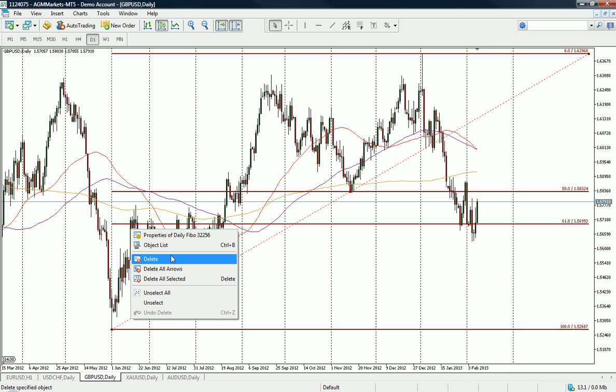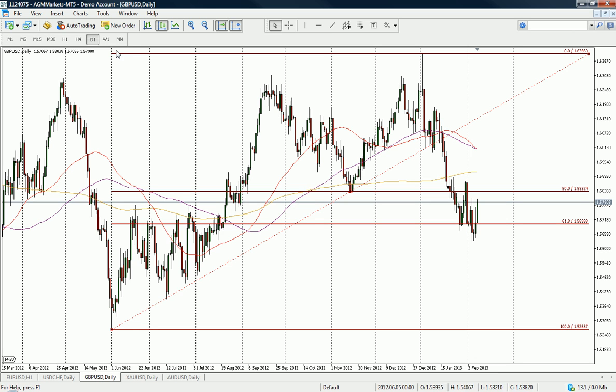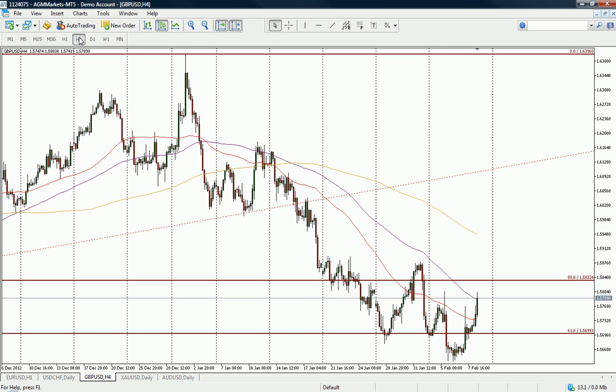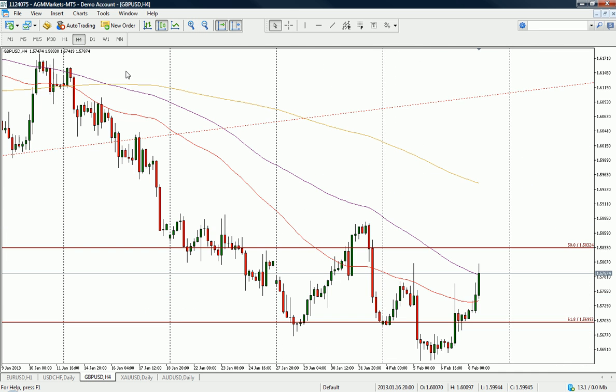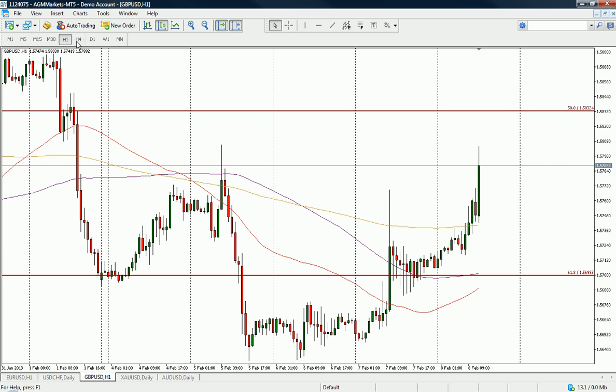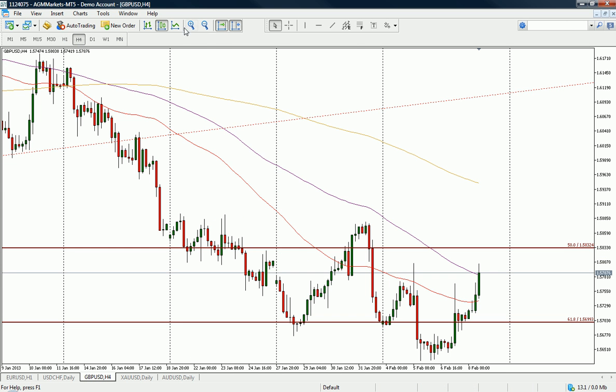Yeah, it's quite disappointing, that fib, really, because it's a really key and sort of obvious fib as well, which a lot of people are looking at, but it's not playing out that technically. On the daily, it hasn't looked that technical, but if we flip it to the 4-hour chart and zoom in a bit again,